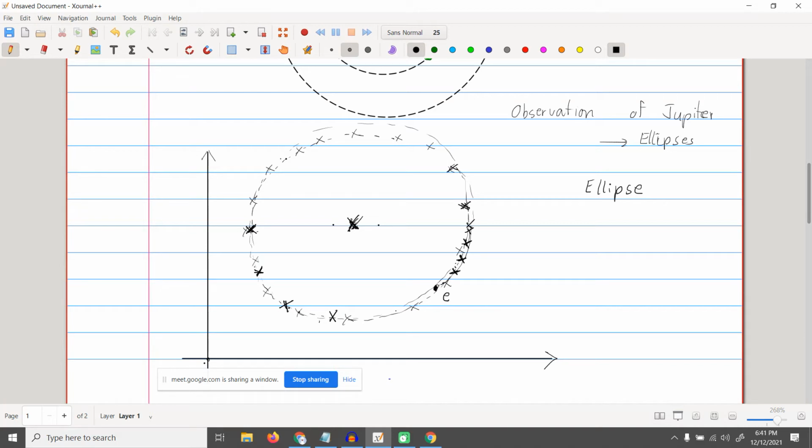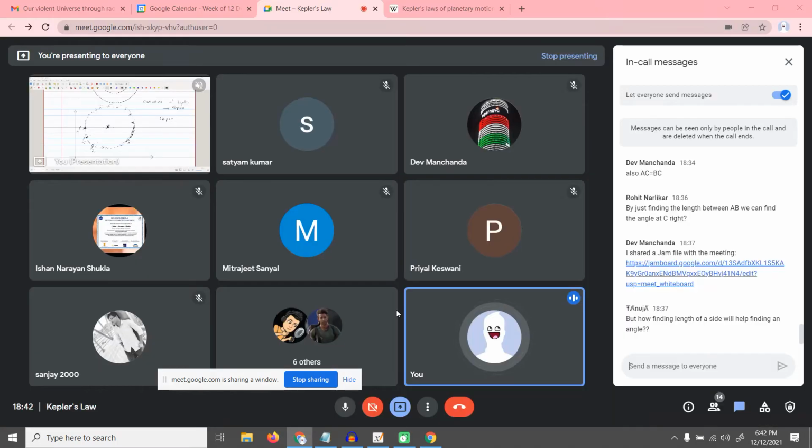So you're getting it. This is position 1, position 2, position 3 in month 1, month 2, month 3, when the planet is closer to the sun. But when he's measuring the position of the planet farther away, they are much more bunched up closer to each other. That means that the planets, when they're further away from the sun, are moving a lot slower. Everyone with me so far? Can you all hear me?